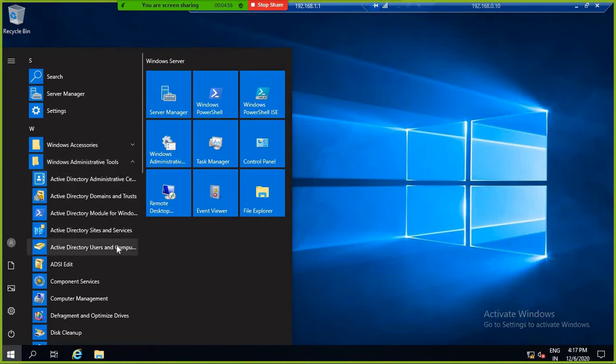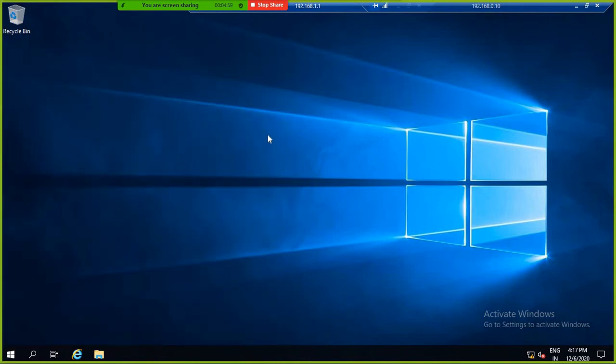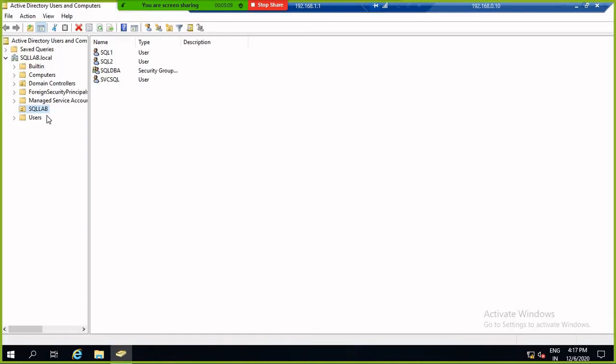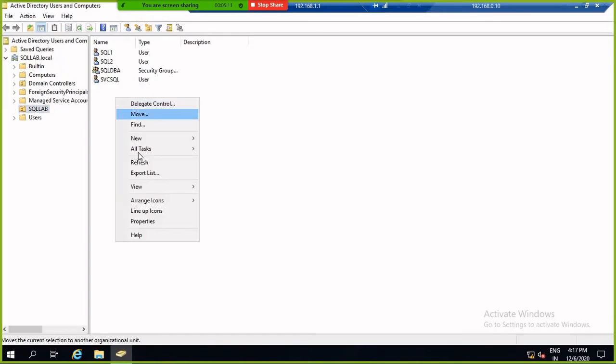So connect it. Here you can see that there are only 2, SQL1 and SQL2.